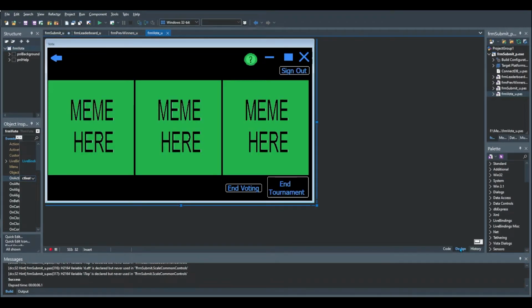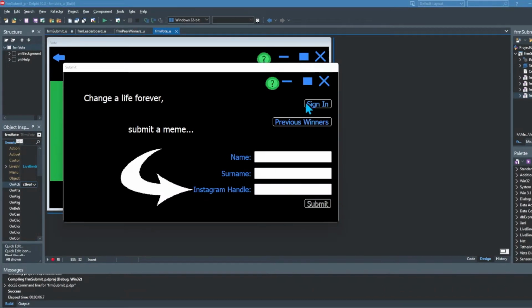Alright, that's a bit of a mouthful. But that was the basics of resizing the memes. Then after that, we actually have to be able to resize our windows. But you know what, I'm first going to show you what that looks like. Okay, so if we sign in,